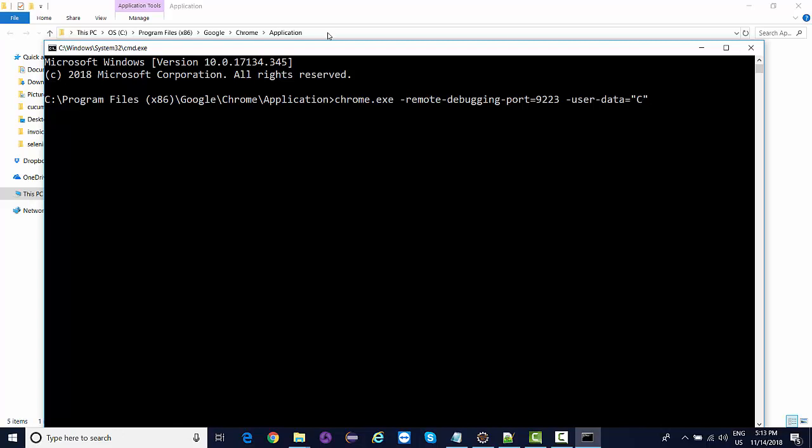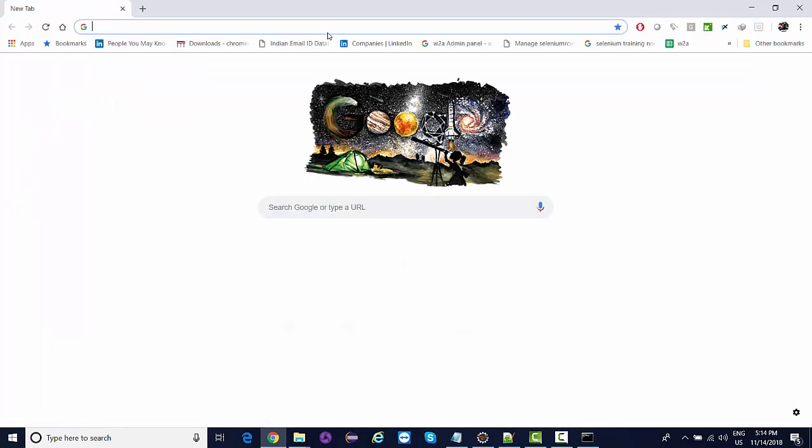You can create a folder on the C drive and name it Chrome automation. It will automatically generate this folder, you need not worry about it. So this is what you need to do, and if you press enter,